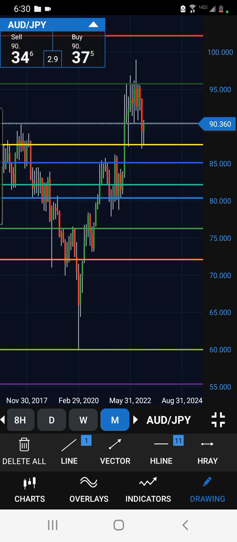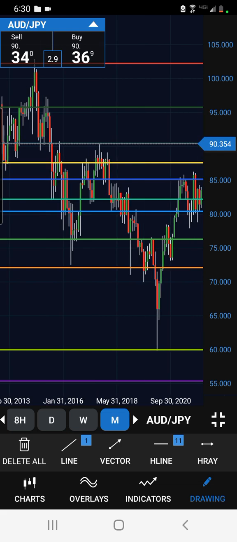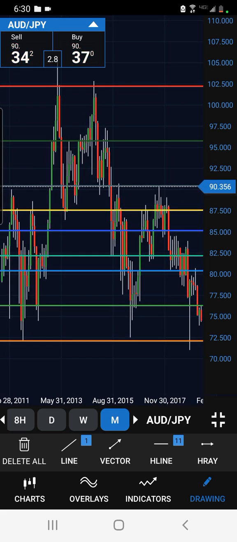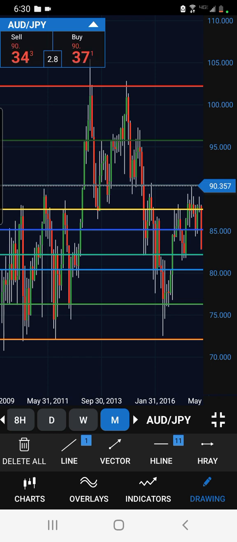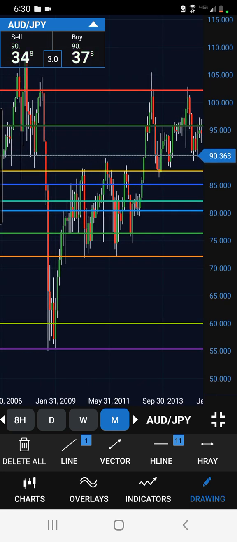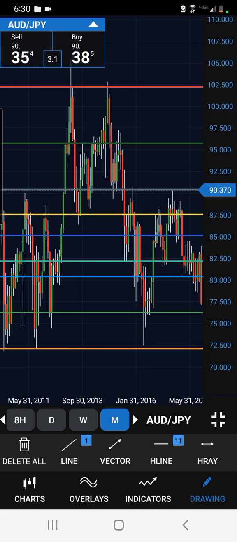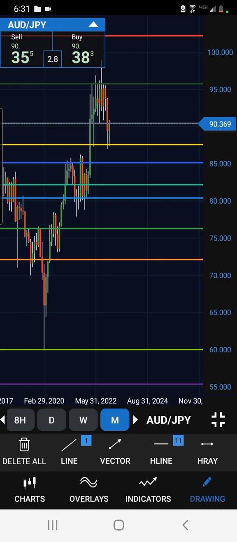Let me also say that that gray line there is support and resistance. As you continue to go across the screen, you will see that price hit that gray line, then went down, hit that gray line, then went up, hit that gray line, then went down, hit that gray line, then went up, hit that gray line, and then went down. So with that yellow and gray line